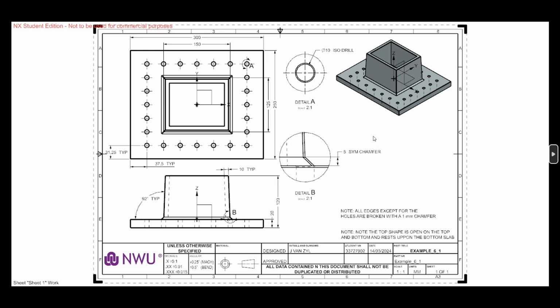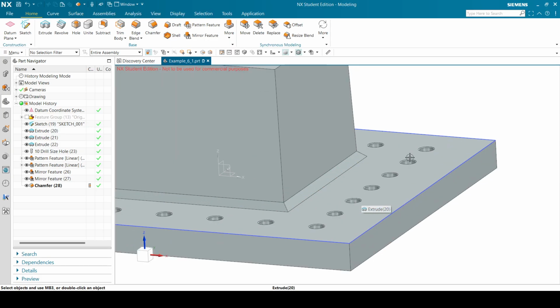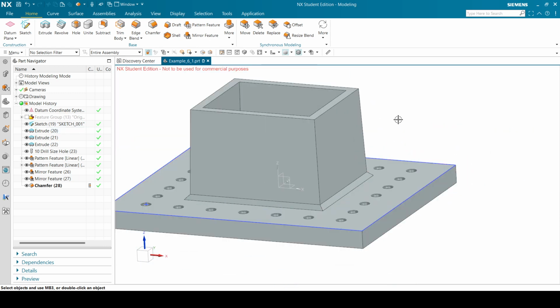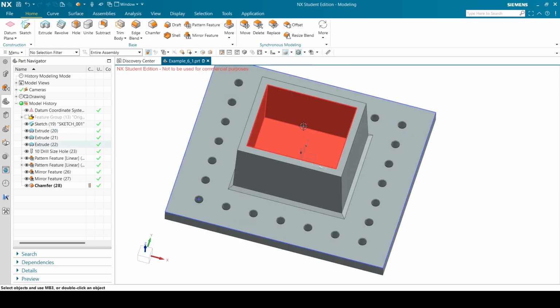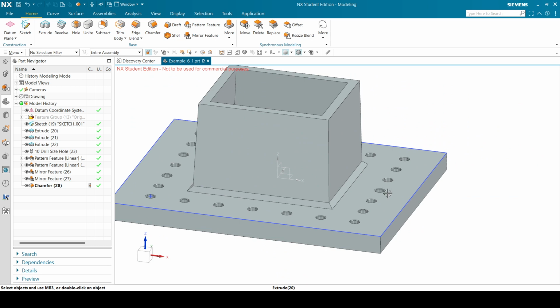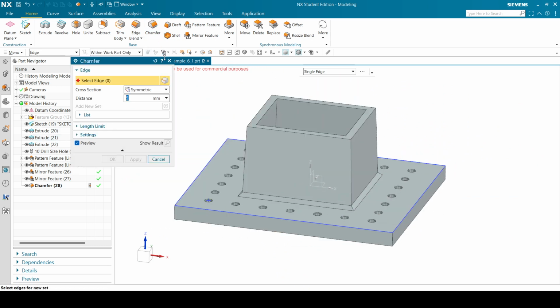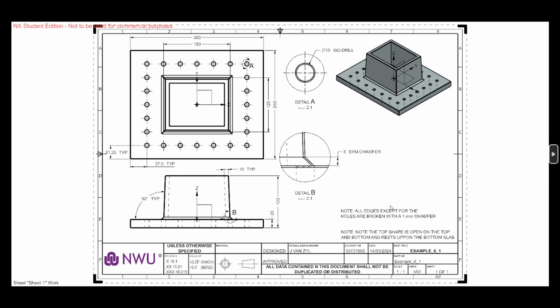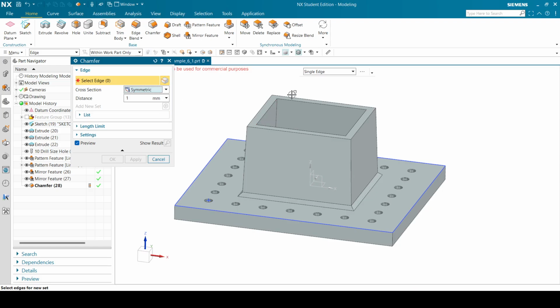So here you must use logic. Okay, so I said all the edges except for the holes, because they already have the edges broken. But that doesn't mean these inside edges, because they are not sharp. Okay, also doesn't mean these edges, because they are not sharp. They are pointing essentially away from you. It's all the pointy edges, if you want to put it that way. Okay, so you must use common sense there. Okay, so just also, I don't specify, but since I didn't specify, it's symmetric, 1mm, and now